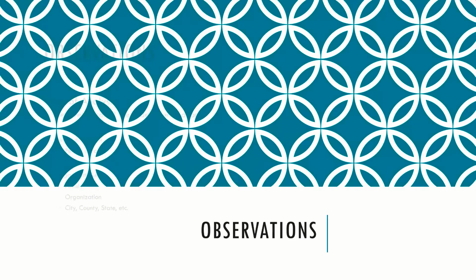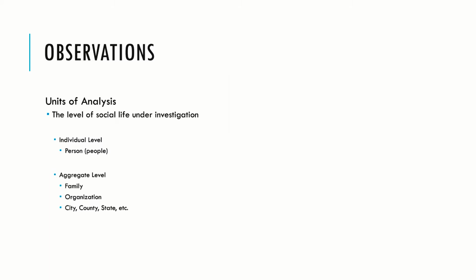A big part of understanding the observation piece is understanding the unit of analysis that we're operating at. And the unit of analysis, oftentimes in social research, is concerned with either the individual level or the aggregate level. Here I give the example of individual level as individual person. This is often particular to sociology or psychology kinds of research. We're concerned with individuals, but it can be an individual group or an individual city. But to paint it more clearly for you, I'm going to use the soc and psych kinds of explanations, whereas